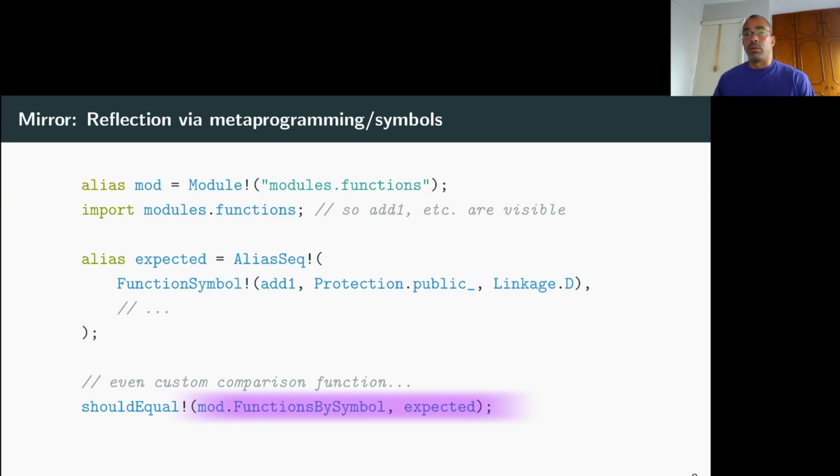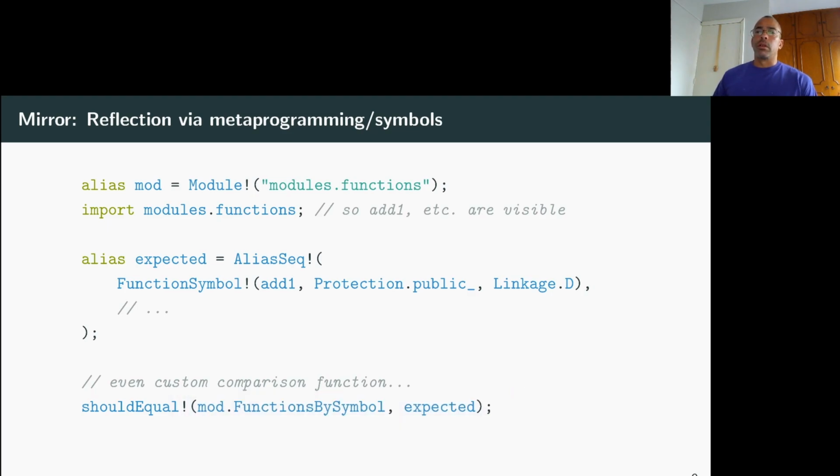You'd have to do the filtering by yourself. You'd have to take care of private functions by yourself. You'd have to think about overloads by yourself because you would get, whether you want to or not, only one per identifier and then have to loop over the overloads. So it's both flattened and not at the same time. So this makes it explicit, and then you get information within it. That function symbol template has the symbol of the function within it and other things that you can use as well. So this is quite nice.